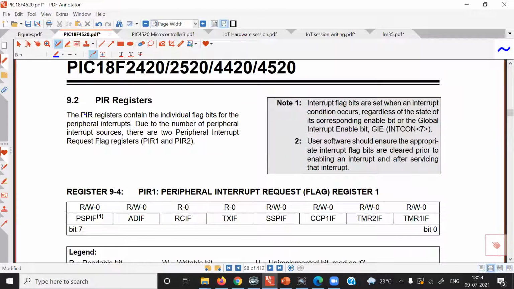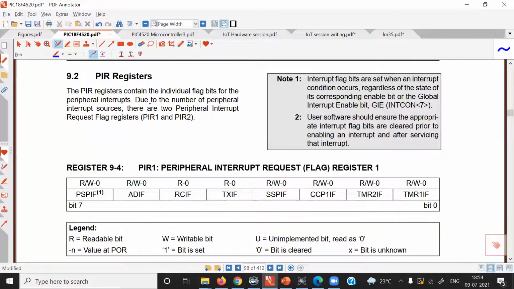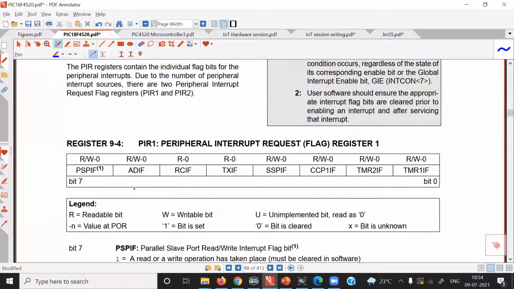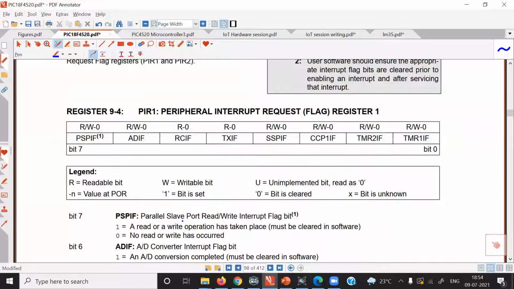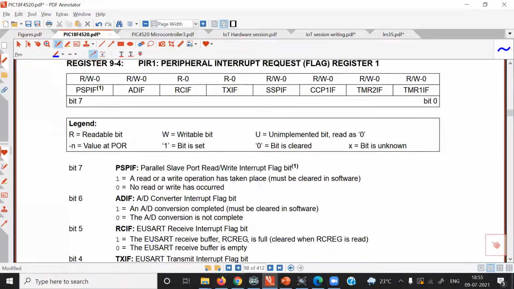Then PIR registers. PIR stands for peripheral interrupt request. So these PIR registers consist of flag bits. You can see here. PSPIF, parallel slave port read write interrupt flag bit. ADIF, analog to digital converter flag bit. RCIF, USART receive interrupt flag bit.